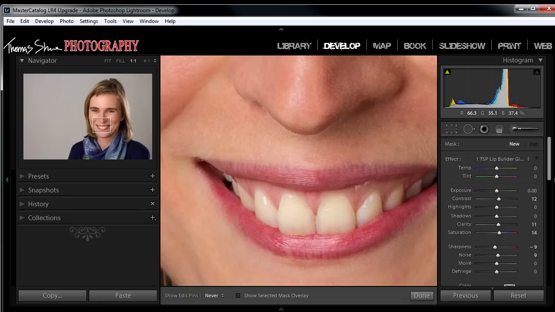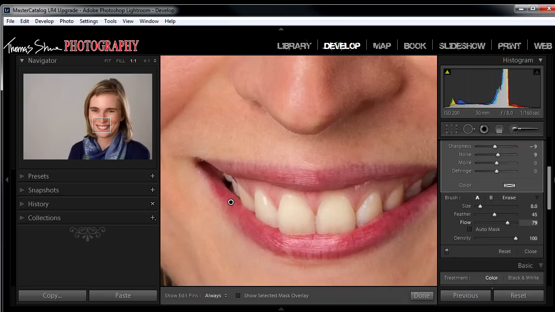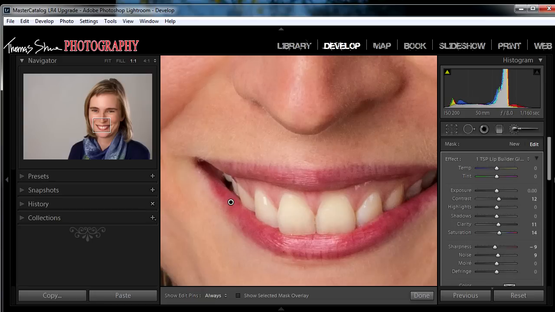Okay, it's going to make it look like there's gloss been applied to them. At least I think it does. Okay, and let's see what our flow's at. Our flow's at 70. I'm going to bring this to 100%. And it almost makes them look like they have gloss. Now I've tried this effect in Photoshop, and I've been unable to replicate it the same way as I can here in Lightroom. So I'm going to grab a new brush, a softening brush, and get rid of some of